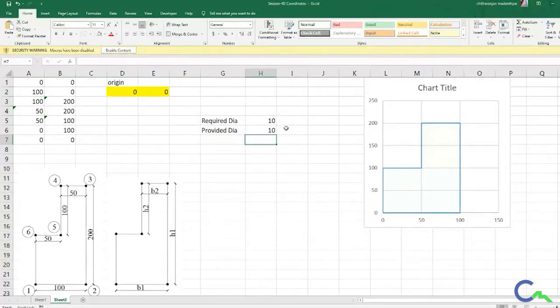Maybe 8 mm, 10 mm, 12 mm. After that, we will get to 16 mm, 20 mm, 25 mm, and 32 mm. So if I make this as one list, like a drop down panel, it will be easy for me to take that value each and every time.